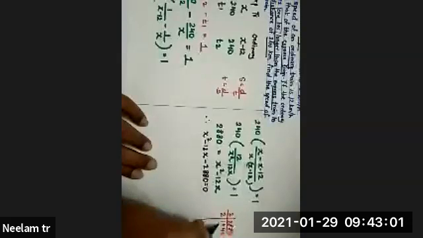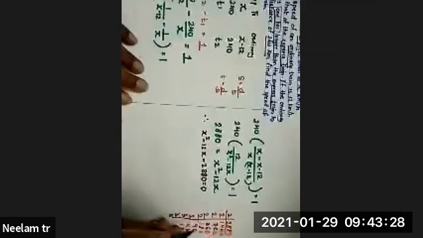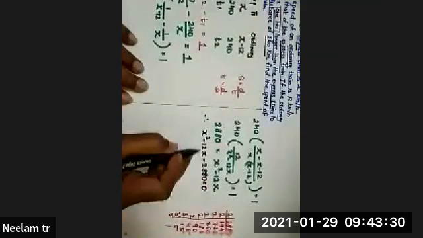Okay, I'll do one. 2 1s are 2, 2 4s are 8, 2 7s are 14, 2 2s are 4, 3 1s are 3, 3 5s are 15, and this is 5. See, like this you are going to find the LCM. Now you want 12. You want minus 12. Okay. So what?